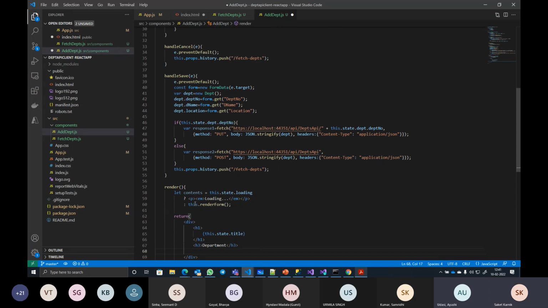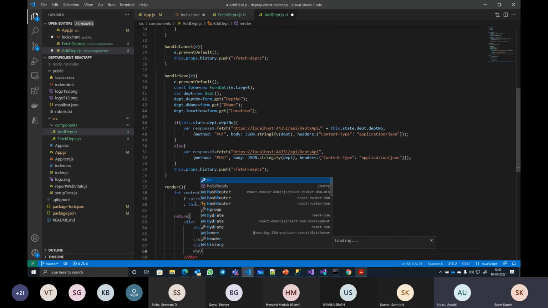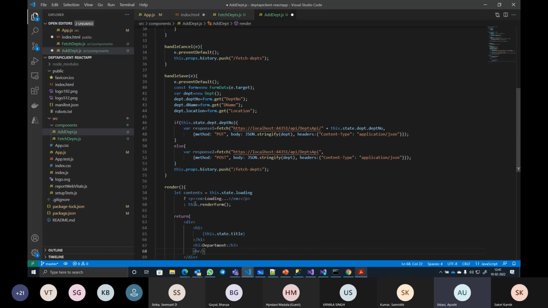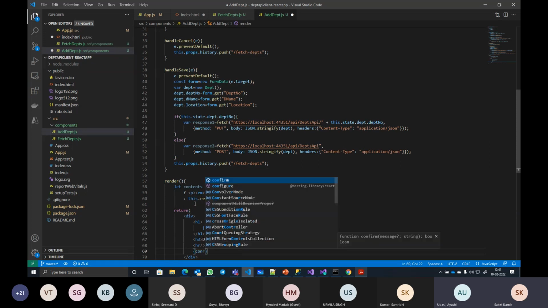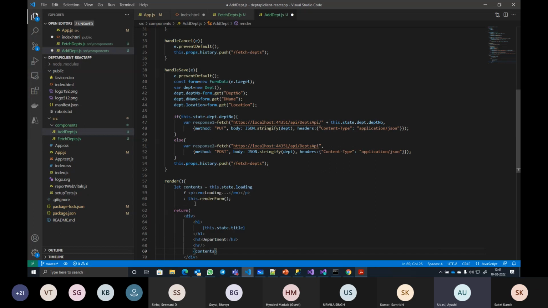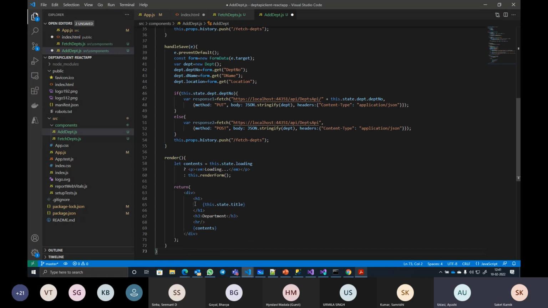Then one horizontal rule, after which the value of contents set in the previous statement. That is our render method.